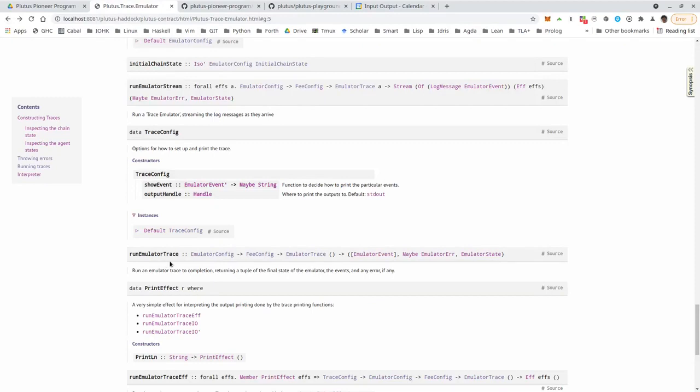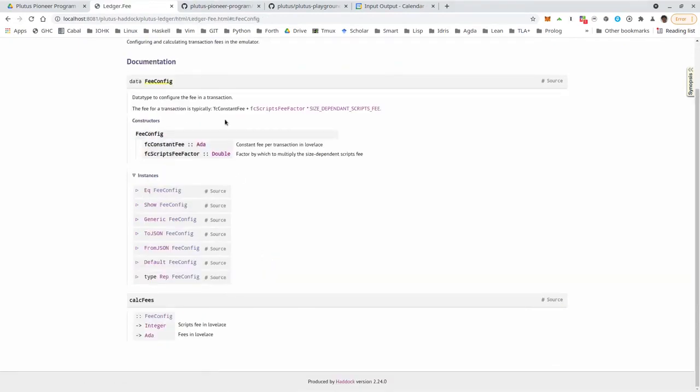And if we go back to this run emulator trace, so we have looked at the emulator config. So what's the fee config? And we see this is a record type with two fields, field config constant fee and field config scripts fee factor.